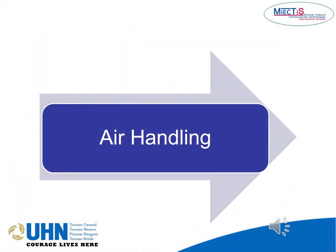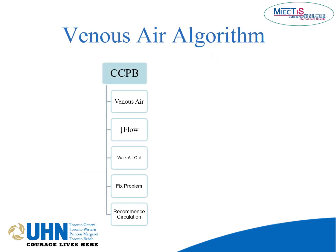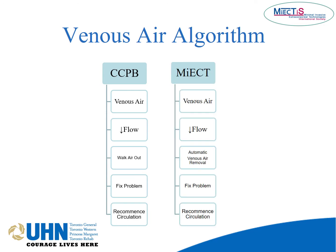One of the big concerns is the air handling. How well can MiECT systems actually handle air coming down the venous line? If you look at the algorithm for venous air during conventional cardiopulmonary bypass, air comes in the venous line, you have to lower your flow, walk the air out, fix the problem, and then recommence circulation. Basically, there's no difference in using a MiECT system. It's the exact same procedure. However, the air is just removed automatically out of the venous line. But you still do the same thing. You see venous air, you decrease your flow, air is removed, you fix the problem and commence your